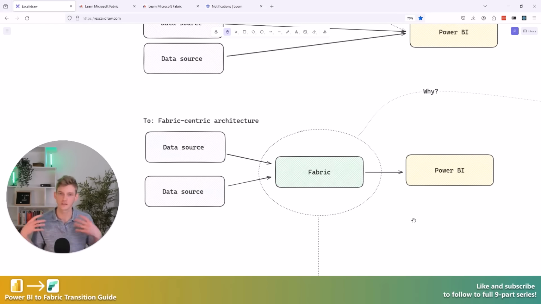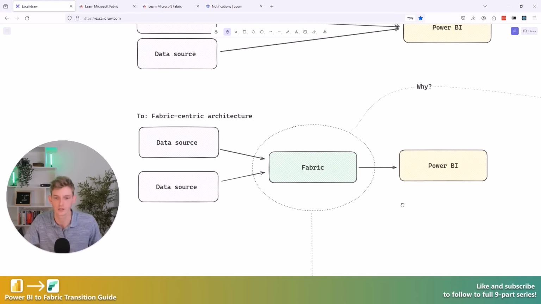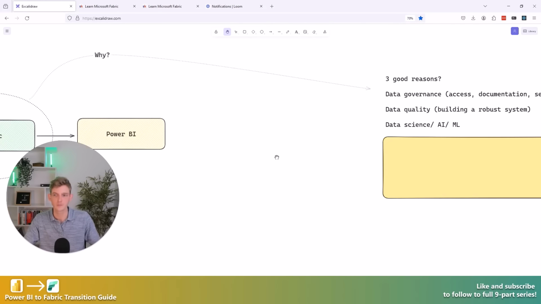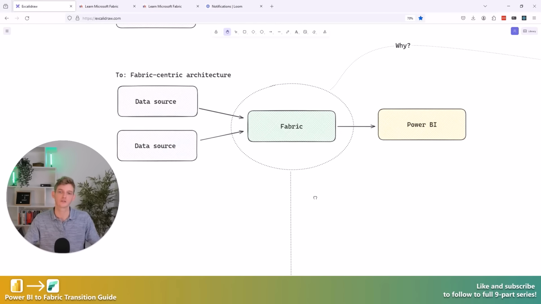And there's the oncoming LLM, large language model revolution, I would say, Copilot integration. All of these things are basically making it as easy as possible to expose your data to large language models, generative models that are going to basically try and drive more business value for your business. So there's some of the three good reasons, but how do we do this bit in the middle? And obviously there's no right or wrong answer here. There's just lots of